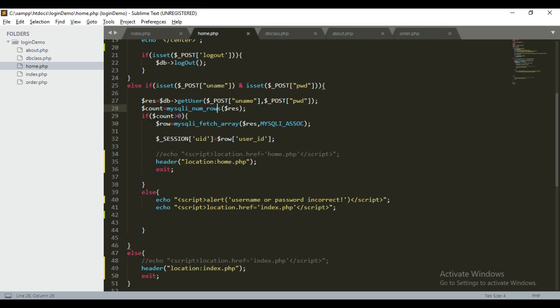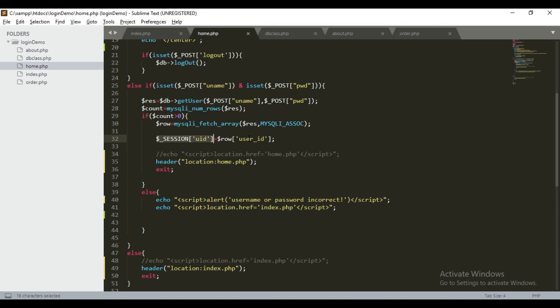Now we are checking if our count is greater than 0, then we have to fetch our data from the result variable in the form of an associative array, mysql_fetch_assoc. The data will be stored in the row variable. Now what we are doing, we are setting our session.